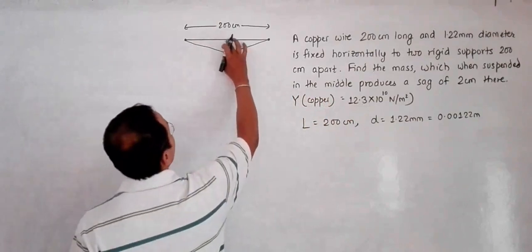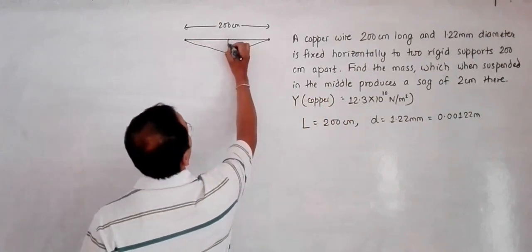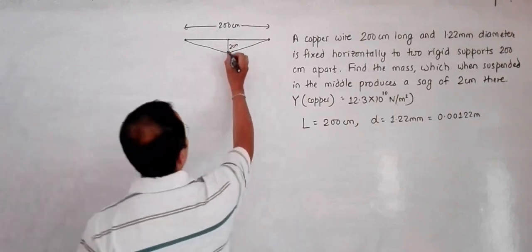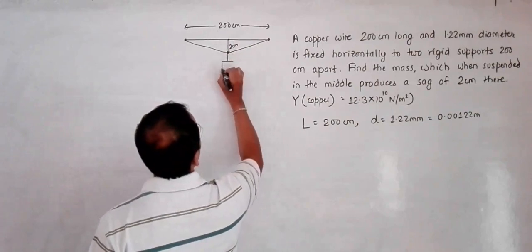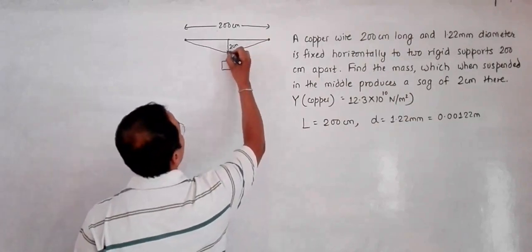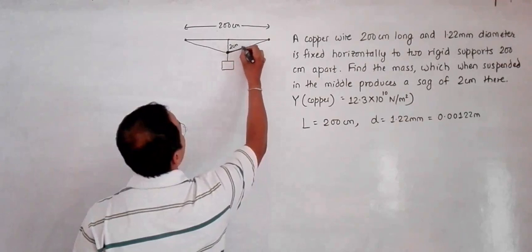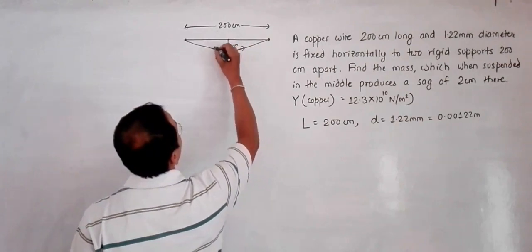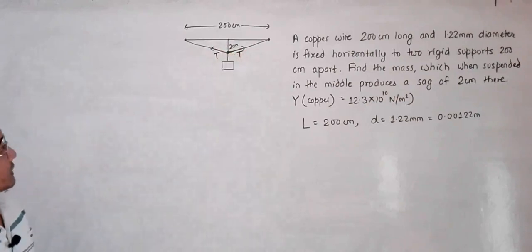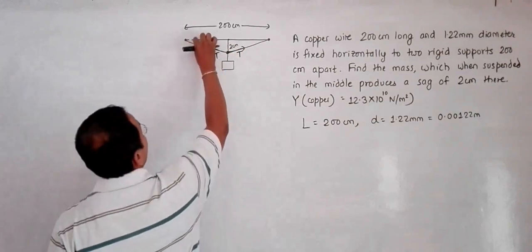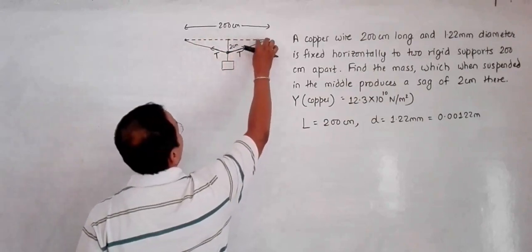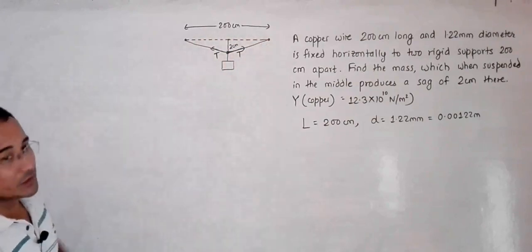So this is 2 centimeter, so first let me draw like this, and this is 2 centimeter, and the load is over here, a suspended load. So this is the load. If we do so, then the string will extend like this. At this point, the tension forces will be in this direction as well as in this direction. So let's name them T and T. I will draw the original position in a dotted manner because the string is no more in this position. Initially it was in this position, but now this is the final position here.